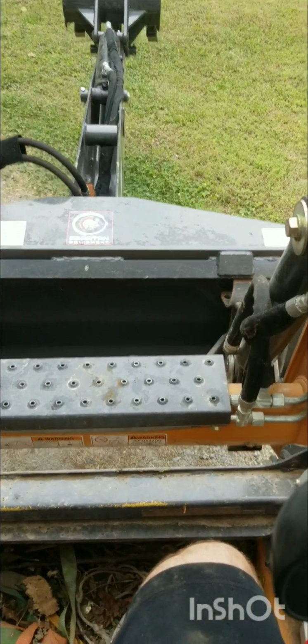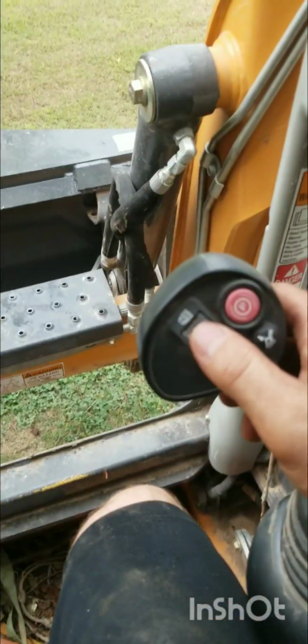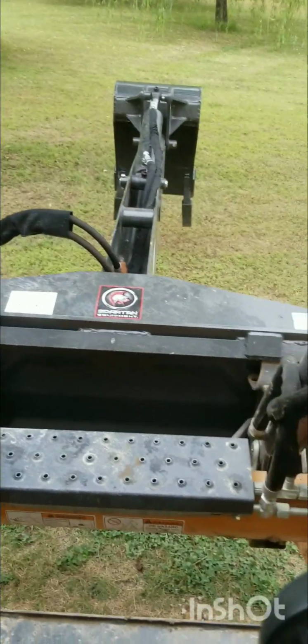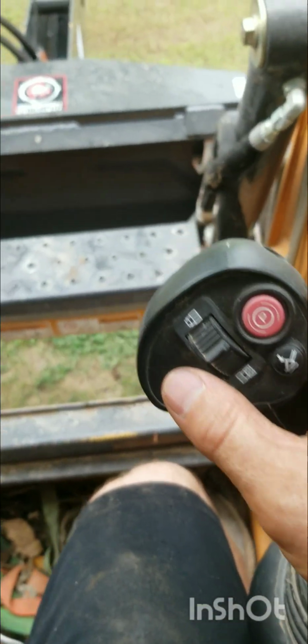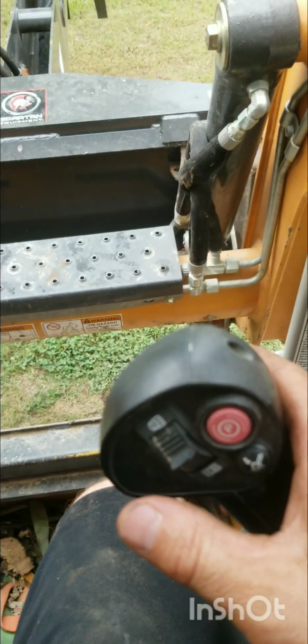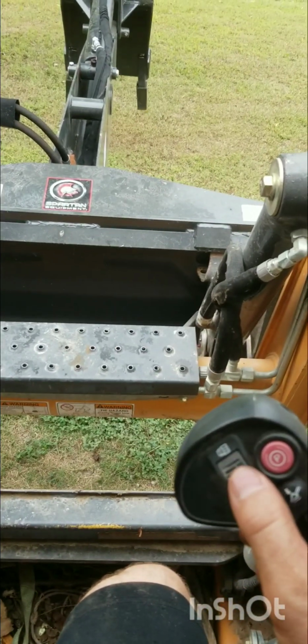The question is, how do you go up and down with a bucket? Well, let's find out. I have no clue. So we got that going up. Get over here. Show you all a little better. Maybe it's this. Let's check. Nope. Ooh, that's it. Look at that. Wow. So I've got a little finger thing there that controls that bucket in. That's beautiful. So go up with this one. Go down, grab your dirt,